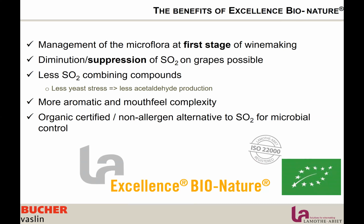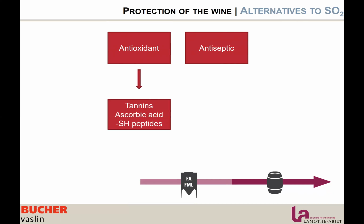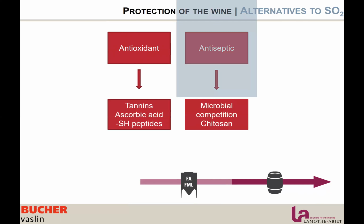Okay, so this was for the grape protection. Now I would like to go back to the winemaking process and speak a little bit about when the wine is fermented. So when the wine is fermented, is becoming wine, we have less microbes to control, and sulfur is used for different actions. So we have other tools. The actions of sulfur are antioxidant and antiseptic. Antioxidant, again, we have the tannins, ascorbic acid, and sulfur peptides, such as glutathione and cysteine. Antiseptic, we have microbial competition and chitosan or other antimicrobial agents. We are going to focus on this part